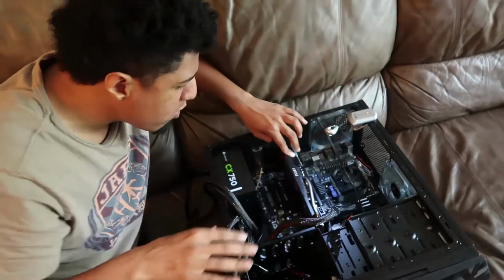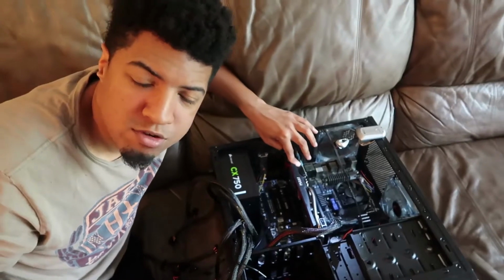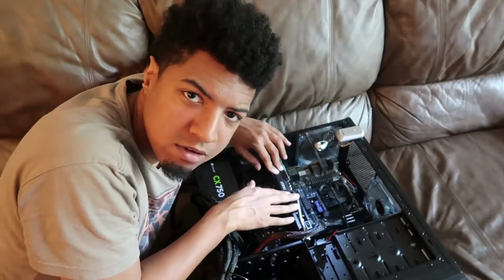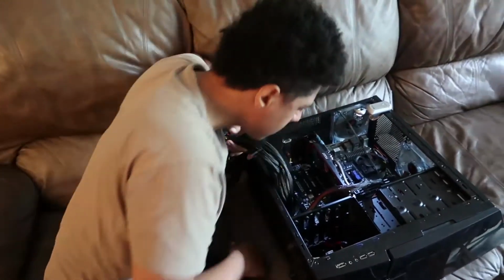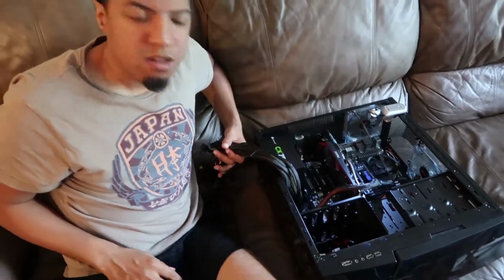You don't really want to have a whole bunch of tugs and pulls. You just want to really gently put it in. Okay, Bobby Boucher, baby. Let them know what we're doing. We're in here making computers work. We out here. They call us...